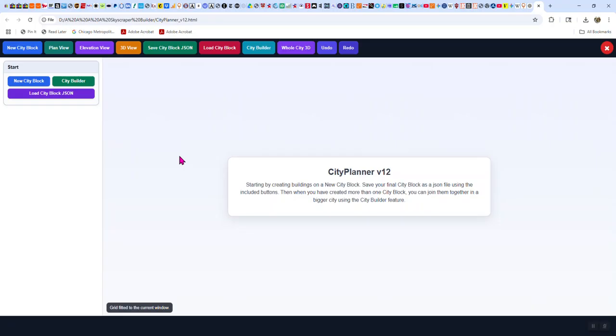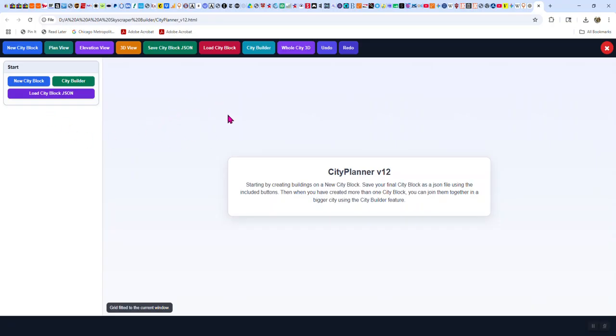And so the way this thing works, and it says it right here on the opening page, it's an HTML file, which should work on any computer. It works in any browser, should work on a tablet, but I haven't tested it. It hasn't been tested on Apple as far as I know. So here I'm on a Windows PC and it seems to work. I'm always making improvements. I'm sure I'll come across some things in this little demo that, hey, I want to add that or fix that.